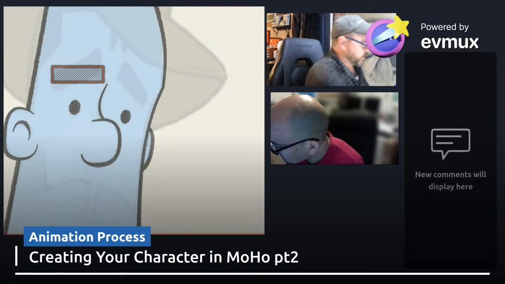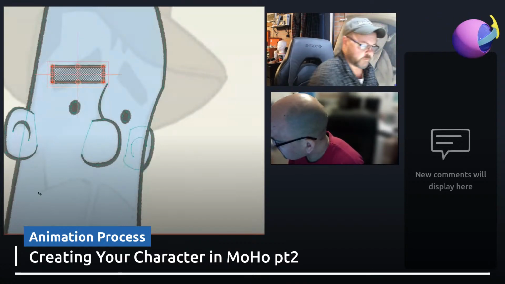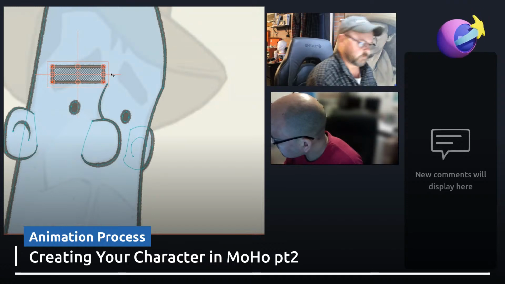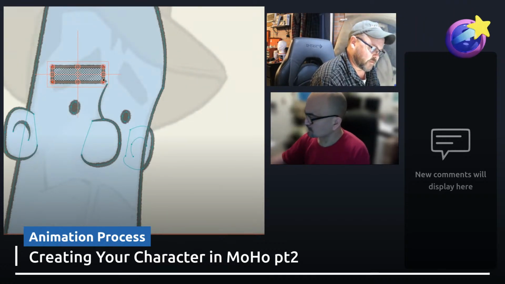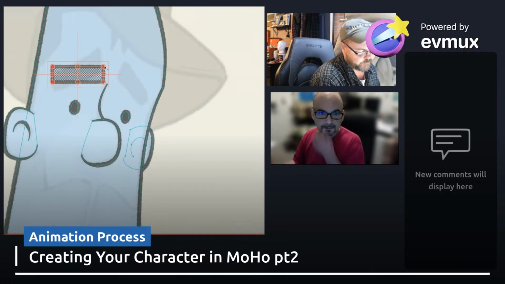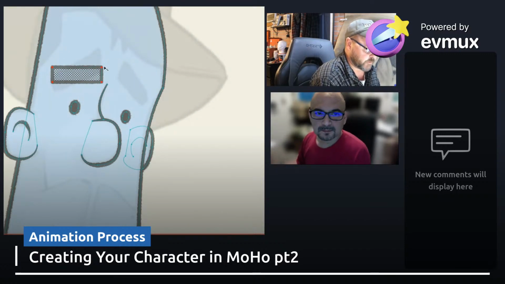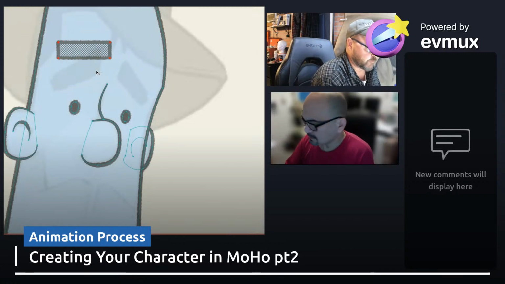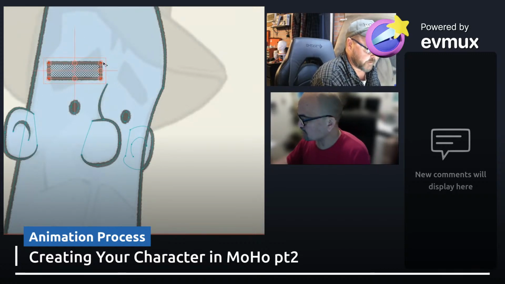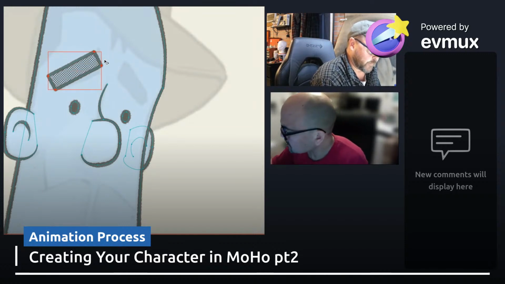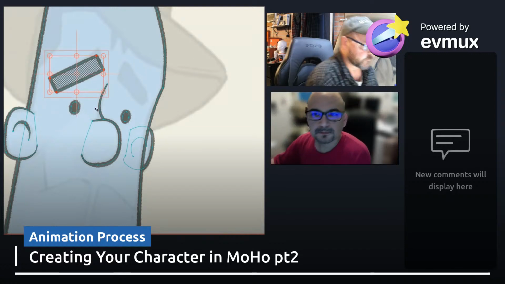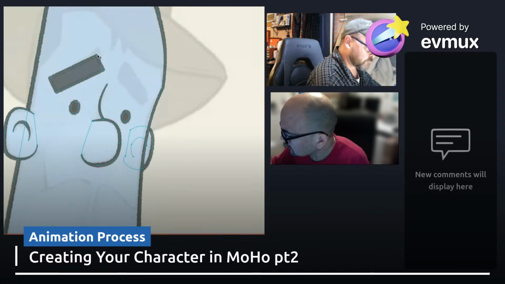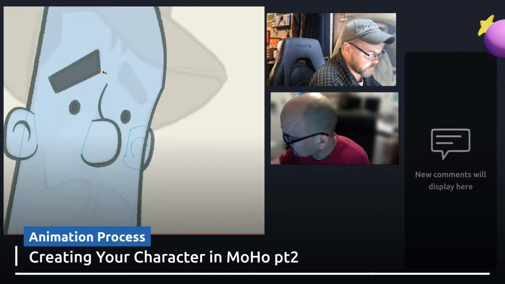All right, so now I can come into my transform points tool, and just to refresh, these circles will transform it this way or this way, and then inside the box we'll move it, and this outer box will rotate it. Got it. Okay, so escape. I'm just going to pull that.